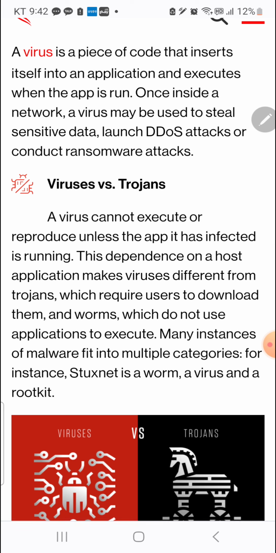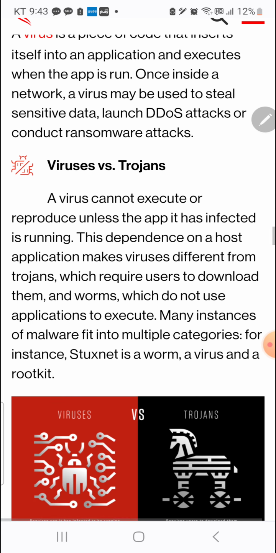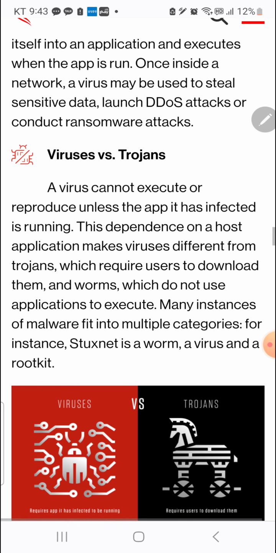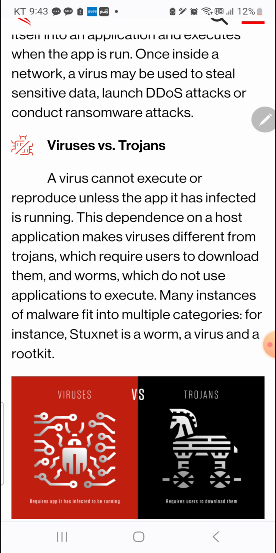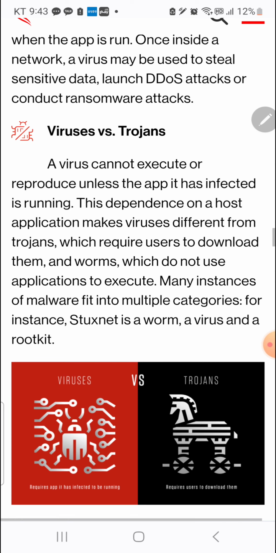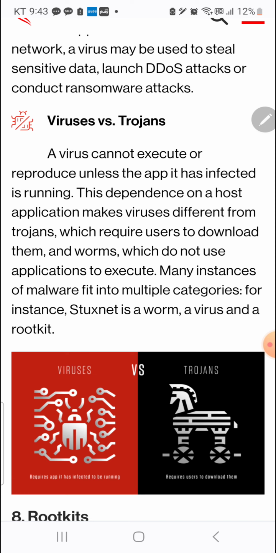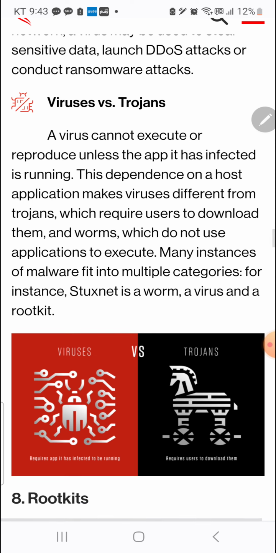Viruses versus Trojans. A virus cannot execute or reproduce unless the app it has infected is running. This dependence on a host application makes viruses different from Trojans, which require users to download them, and worms, which do not use applications to execute.